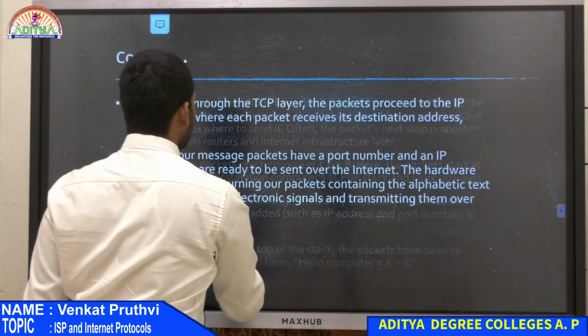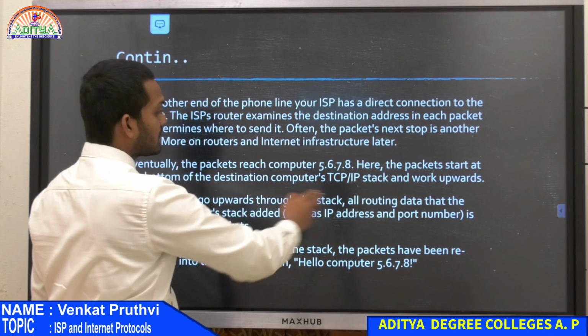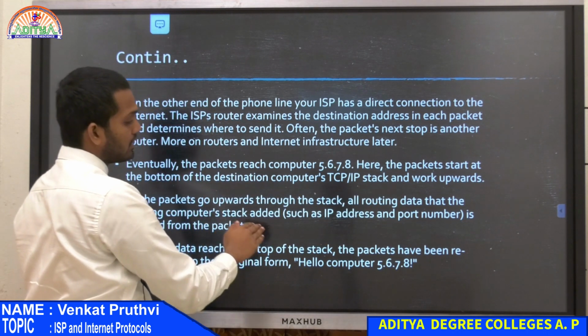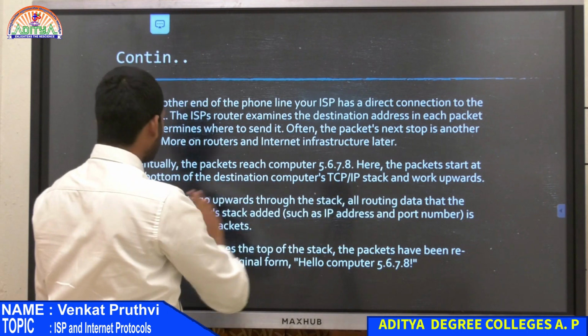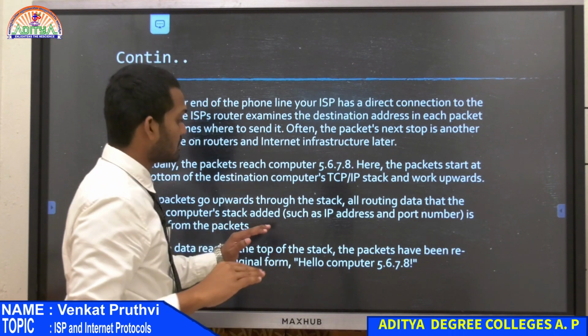Once it reaches the hardware of the other computer, as the packets go upwards through the stack, all routing data that the sending computer's stack added, such as IP address and port number, is stripped off from the packets. That means,